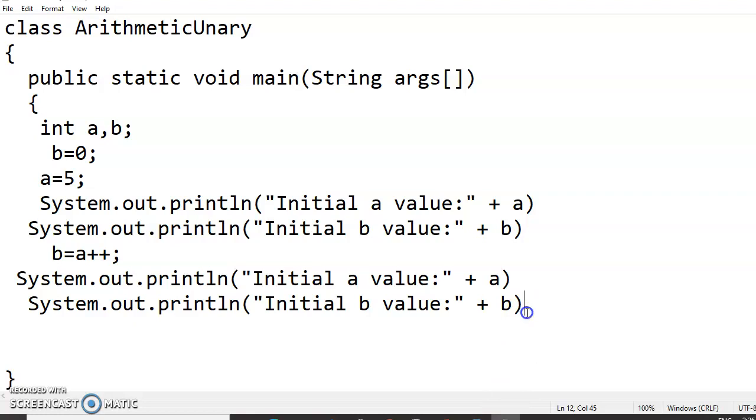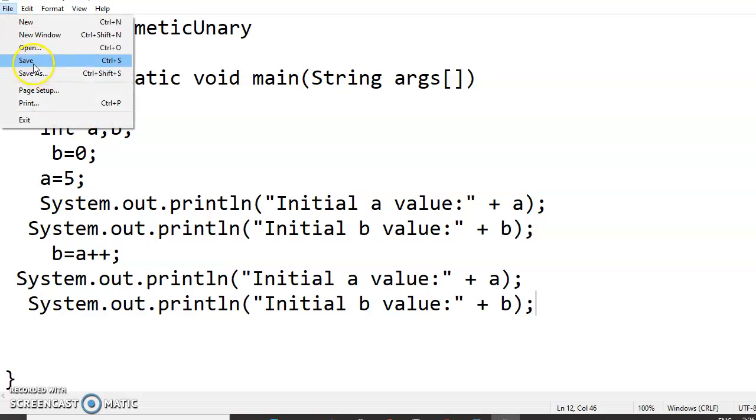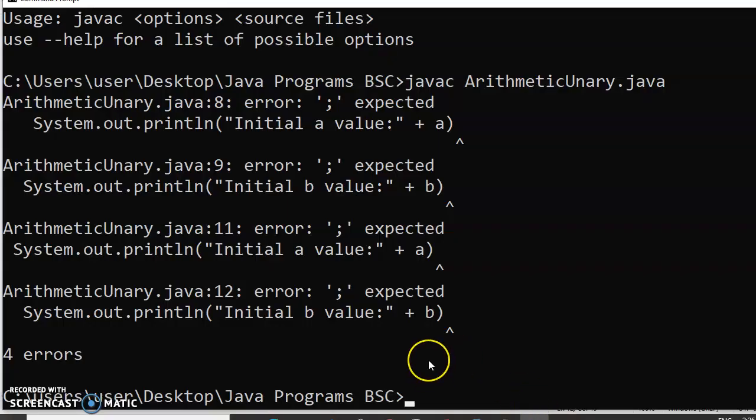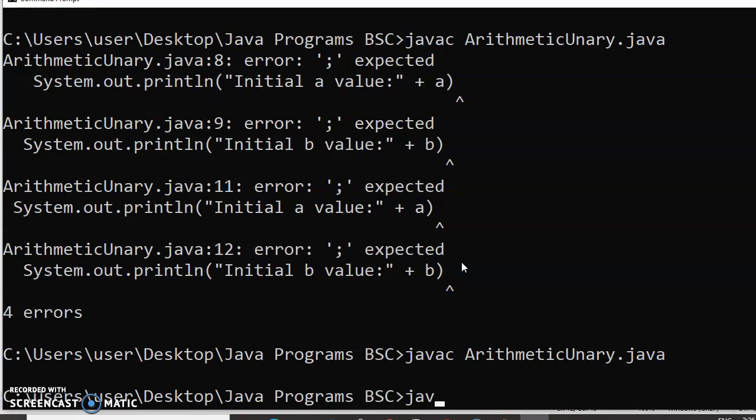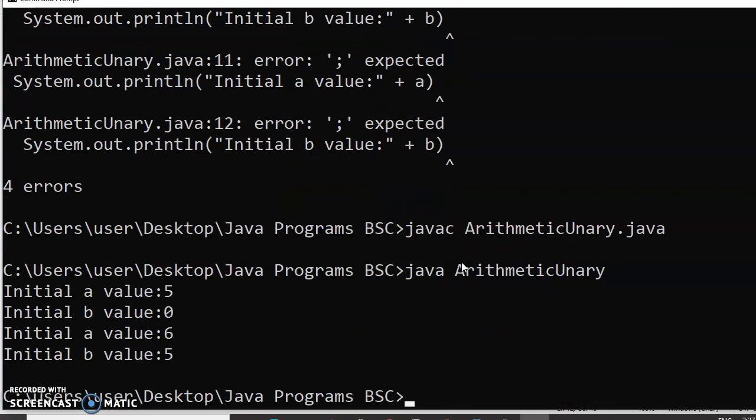I missed semicolons there, sorry. All semicolons. Now let me compile it. It's good, we didn't get any error. Java ArithmeticUnary. I am running the program.